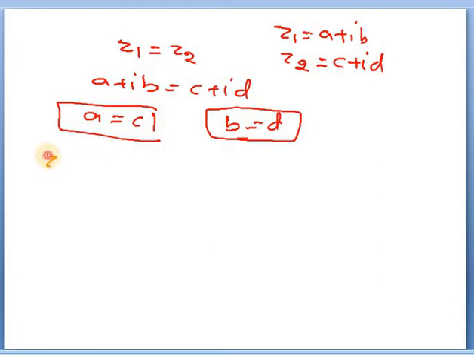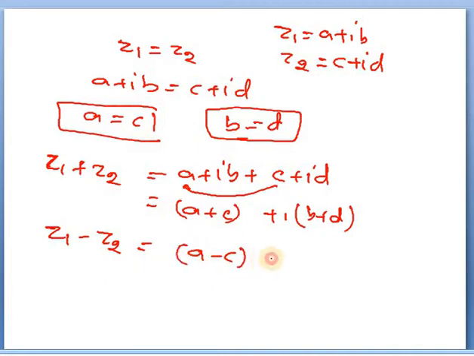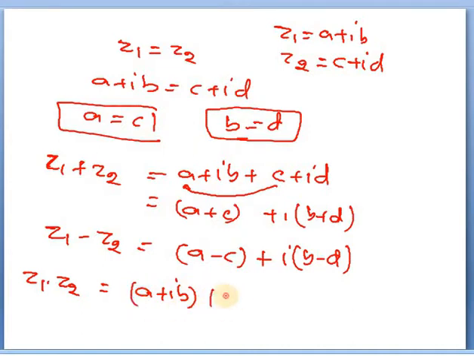If we have to perform addition like z1 plus z2, we can write a plus ib plus c plus id, and now we can segregate the real terms, a plus c, together and then b plus d on the other. Similarly, if I perform subtraction, I can write the same thing: a minus c plus i times b minus d. Okay, for multiplication it is simple multiplication, like what we actually do: opening the bracket and multiplying each term. So we'll multiply and check what value will come.